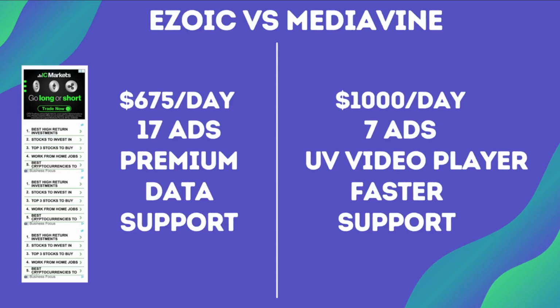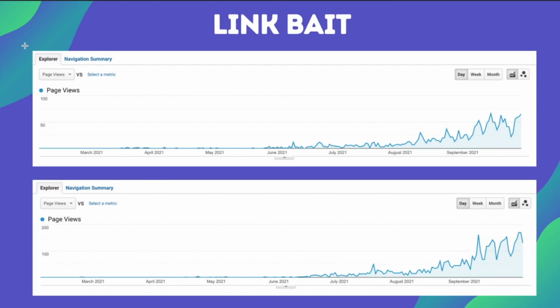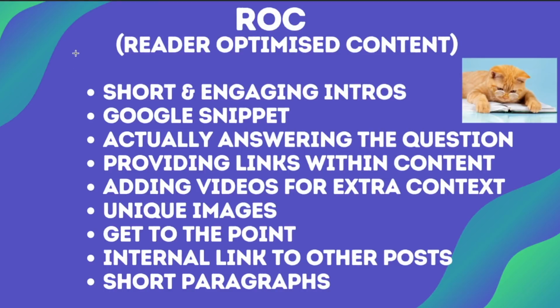And then I'll be sharing some insights into the link bait strategy that I mentioned a couple of videos ago for creating links in a more passive way. And then after that, I'm going to just be a little bit tongue-in-cheek and share kind of my thoughts on a new SEO acronym that I created, which is ROC, which is Reader Optimized Content. So this is something that I've really been thinking about quite a lot, especially with doing these info-based articles. So this will be a little bit tongue-in-cheek, but I also do think that this is a really important thing to think about, just in SEO and for the reader in general as well.